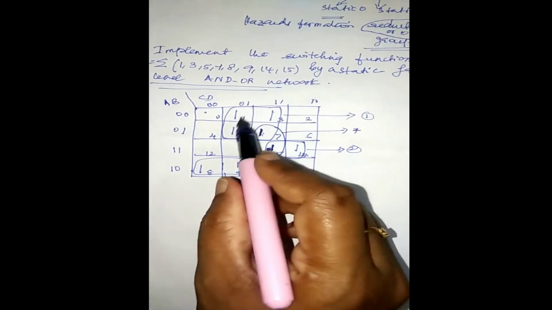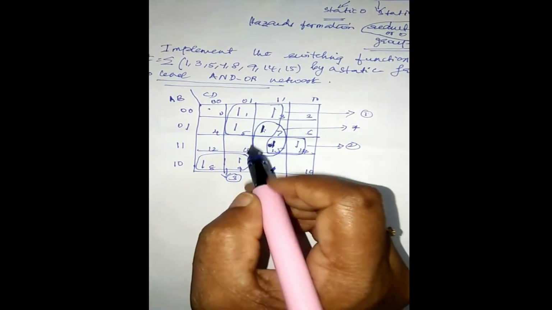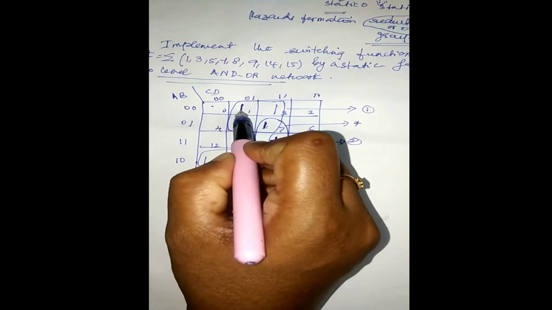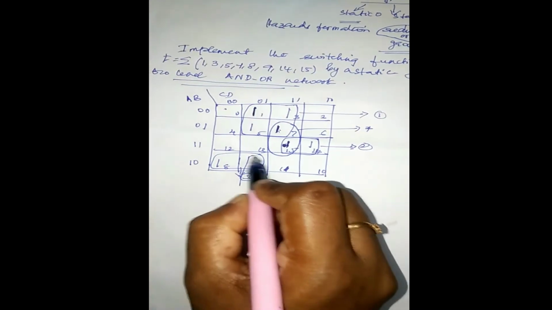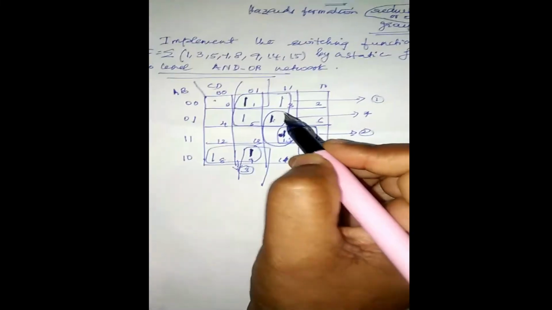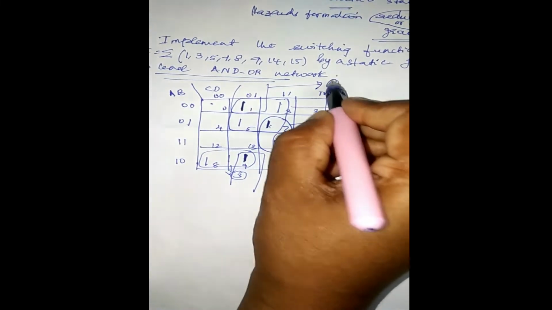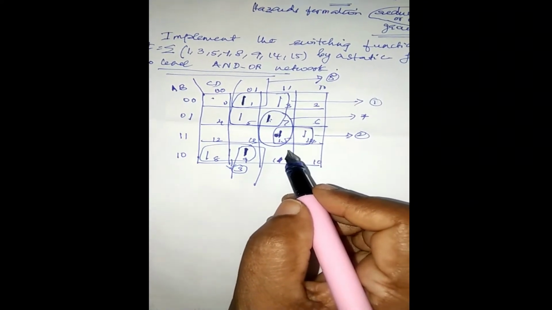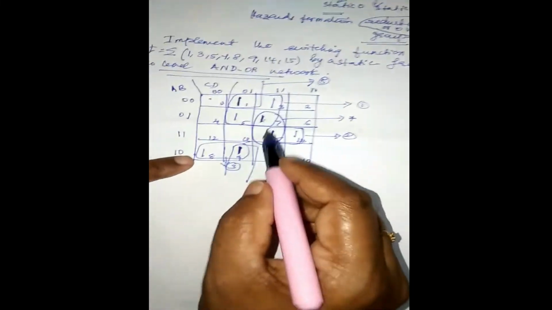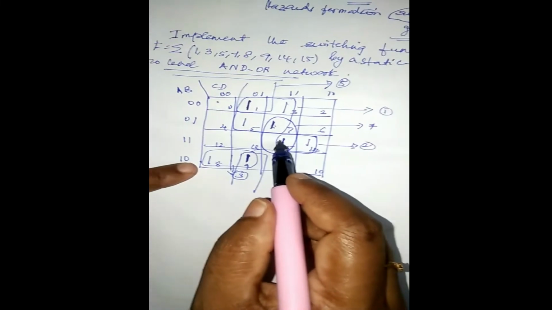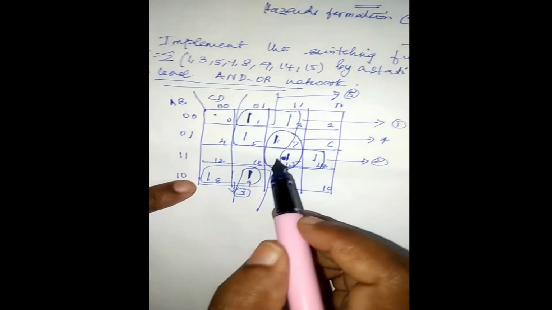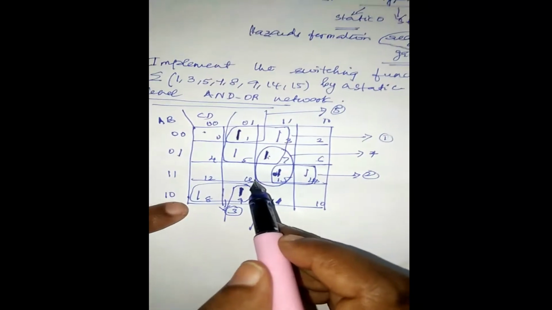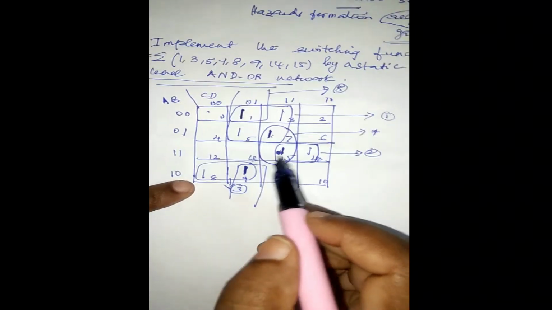Similarly, check for any other adjacent ones. If you see here, there is a 1 and here there is a 1. This again forms adjacent ones, so this can be overlapped again. Let me term this group 5. So students, after the normal grouping, you have to check whether there are any adjacent ones that can be grouped or overlapped again. That sort of redundant term helps us to eliminate the hazard.